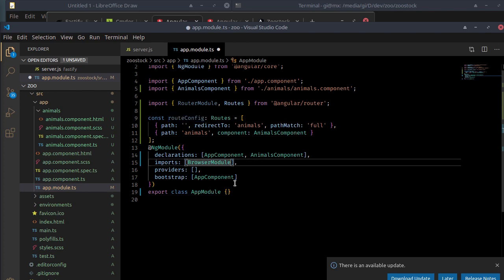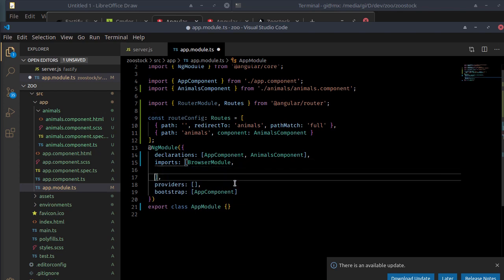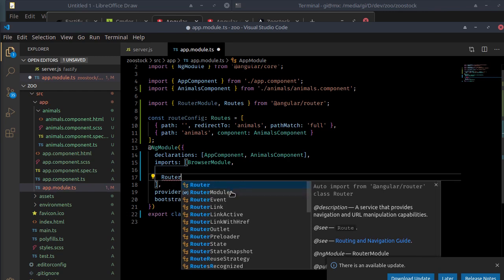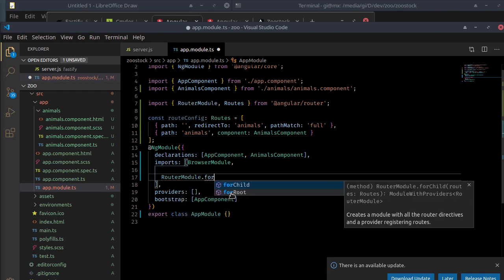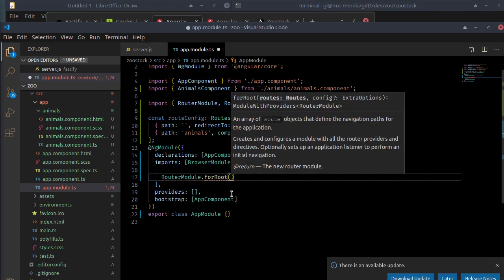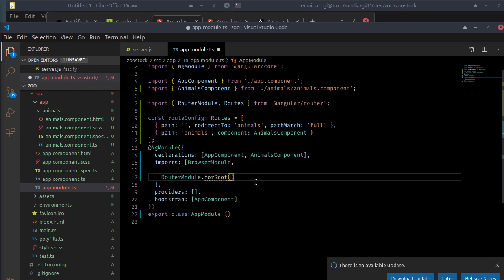So we import the router module and we initialize it for root, because this is the first module that will be loaded for this Angular, and we can lazy load other modules from here. For them we can use for child, but here this is the root module, so we say for root